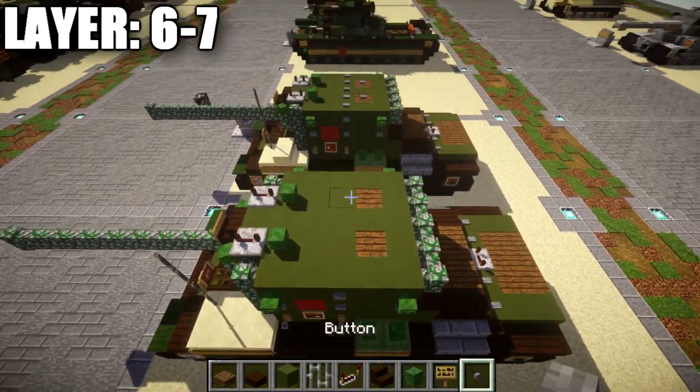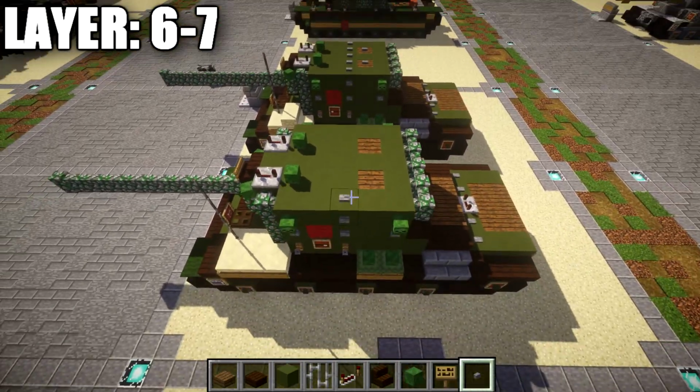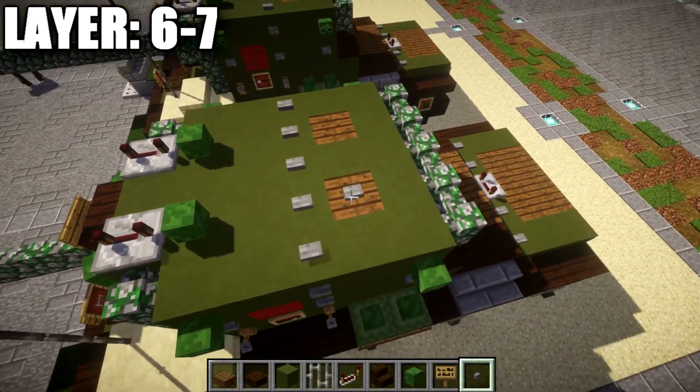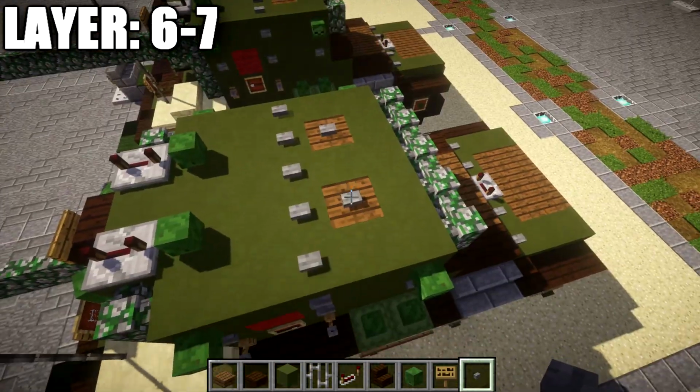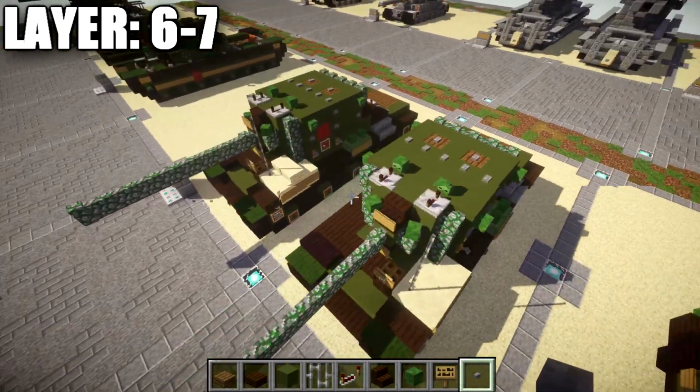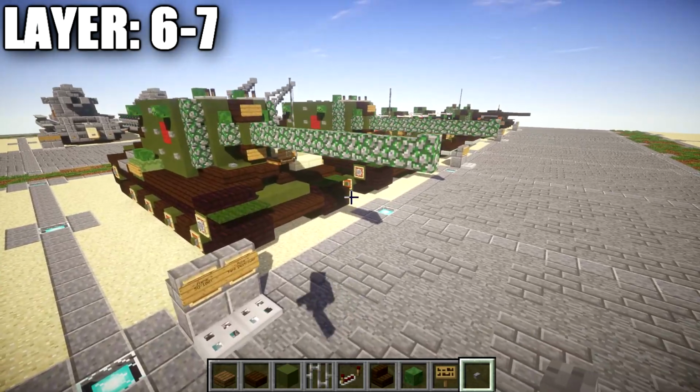Right in the middle row of 5 of green stained clay, so this row right here, we're going to place down a row of stone buttons that goes all the way across the top here. And then we just want to place down a stone button on top of these 2 spruce wood planks like that to complete the look there for the hatches. And once that's all complete, that's going to pretty much do it for the Soviet